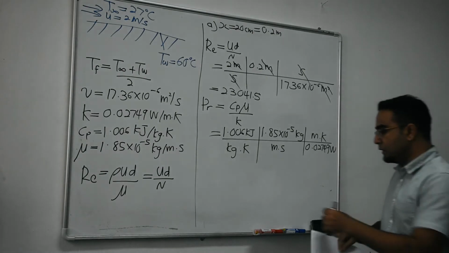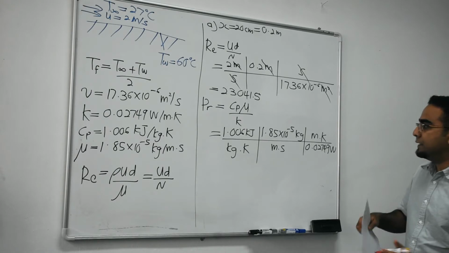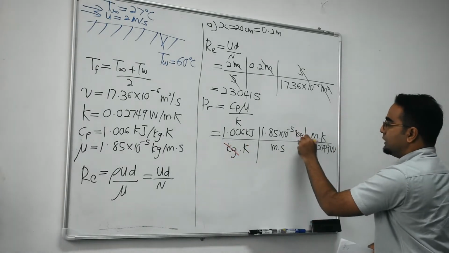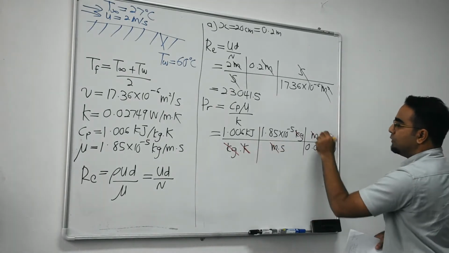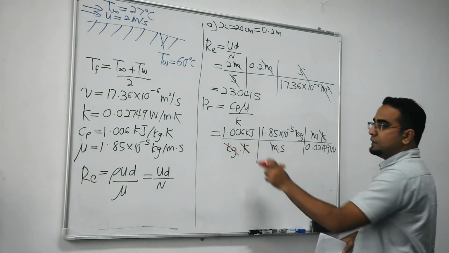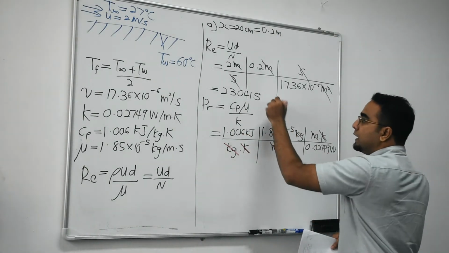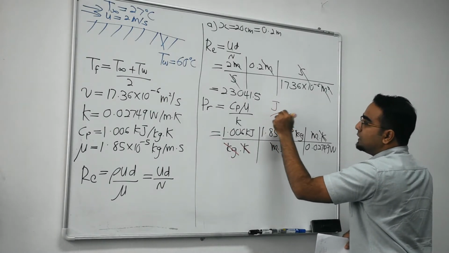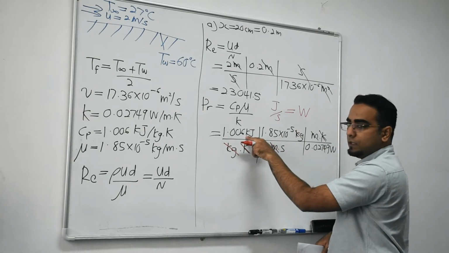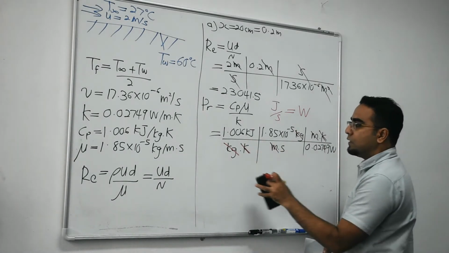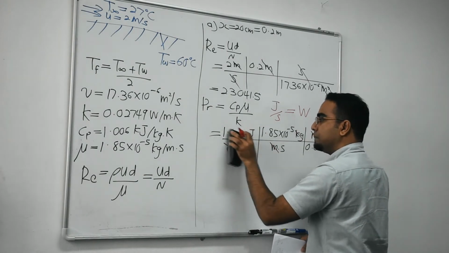Okay, so please pay attention here. So if you do unit cancellation, kg will cancel out with kg, and then meter will cancel out with meter, Kelvin will cancel out with Kelvin. The only thing left is kilojoule, second and watt. So we already know that joule per second is equal to watt. But remember, you have here kilojoule. So instead of writing 1.006, you can also write like this.